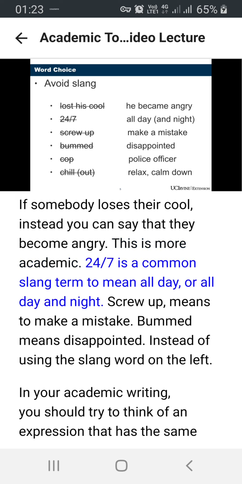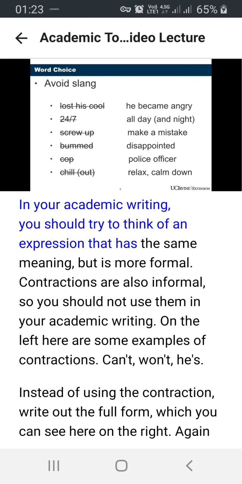24/7 is a common slang term to mean all day or all day and night. Screw up means to make a mistake. Bummed means disappointed. Instead of using the slang word on the left, in your academic writing, you should try to think of an expression that has the same meaning but is more